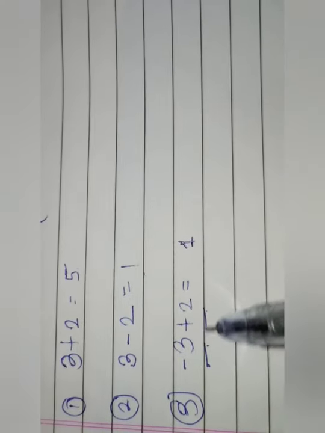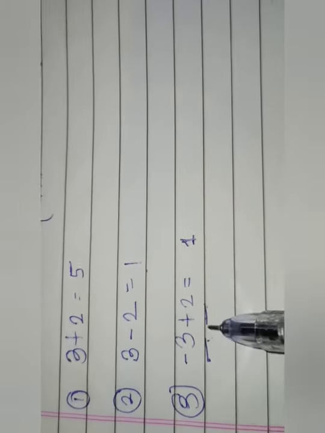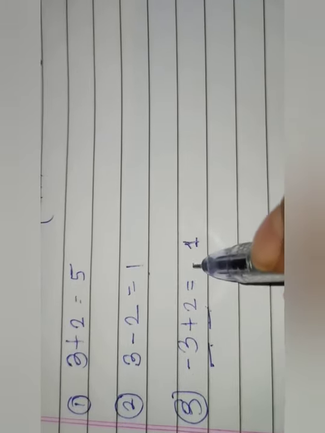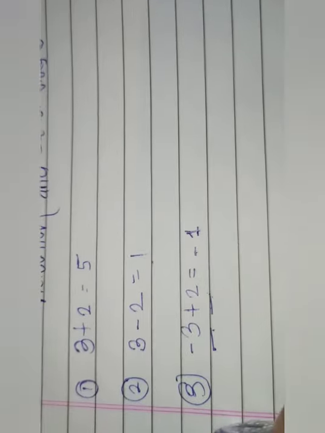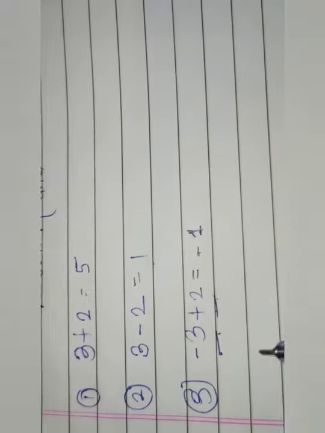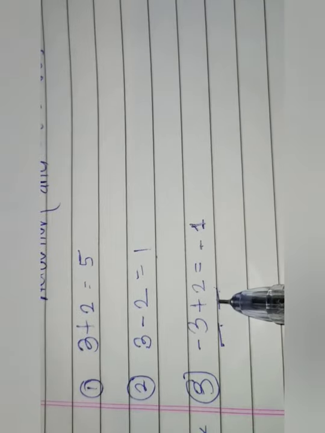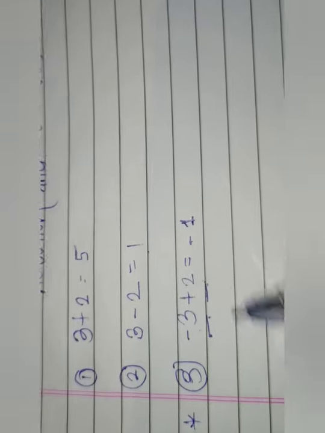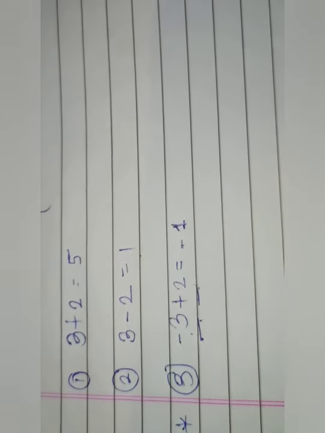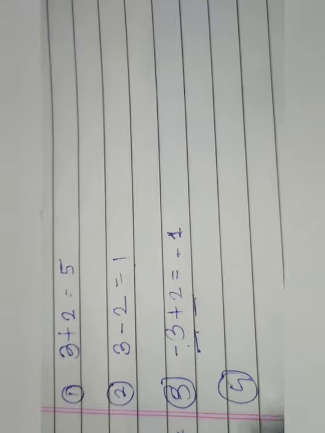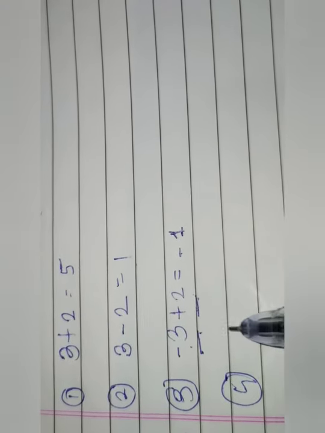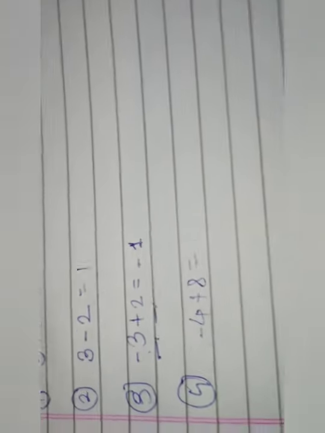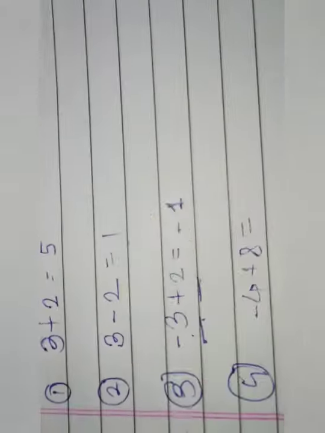So in this equation, which number is greater? 3, and what is its sign? Negative. So the answer will come negative. Are you remembering? It's most important. If there is a subtraction and addition of two numbers, the subtraction is taken but the sign is given of the negative greater number. Suppose I am saying that minus 4 is here and plus 8 is here, means minus 4 plus 8.